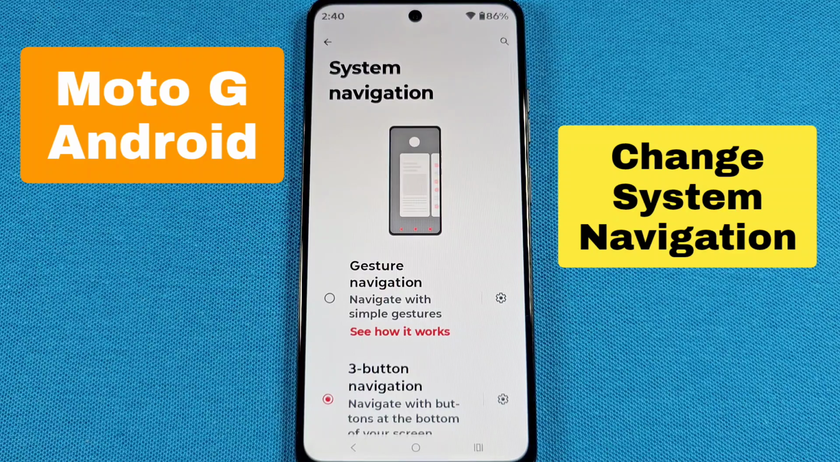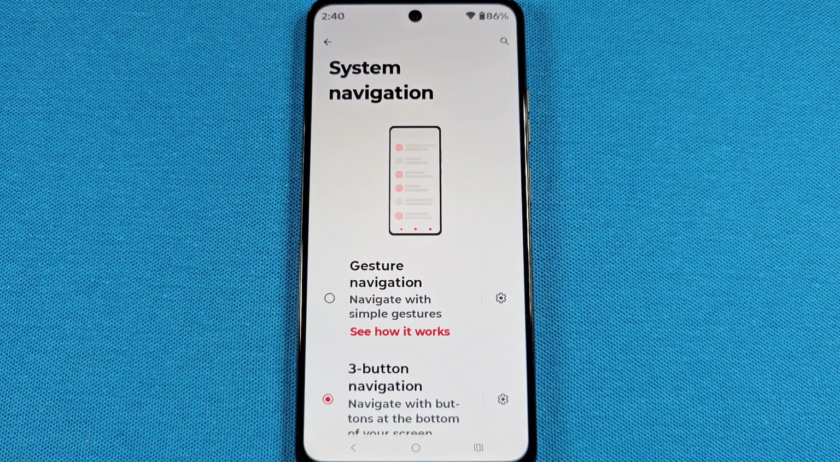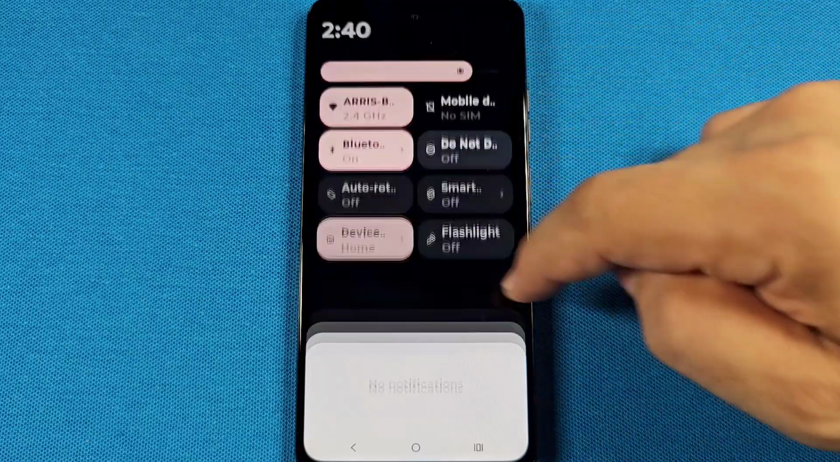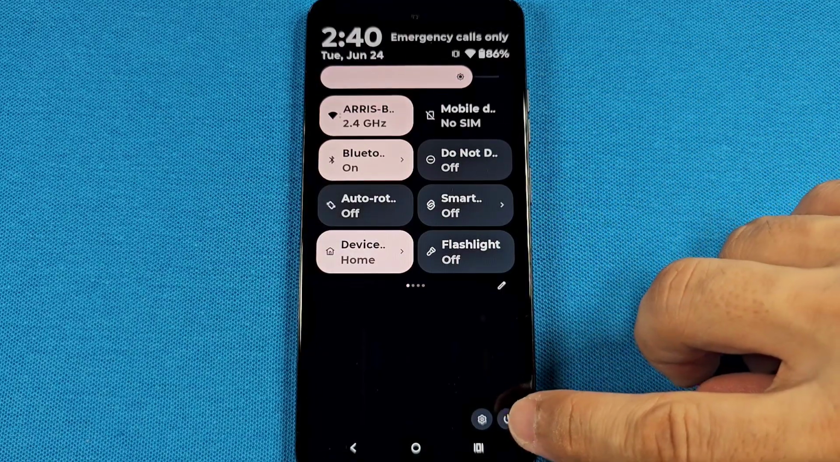How to choose between the 3-button navigation system or the swipe gestures navigation system. This is for your Moto G phone with Android 15. To find the system navigation settings, use the quick access like this and tap on the settings toggle found to